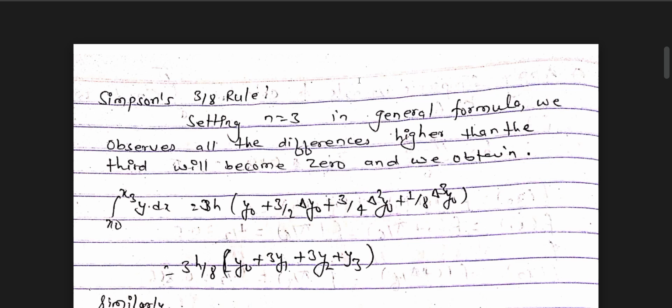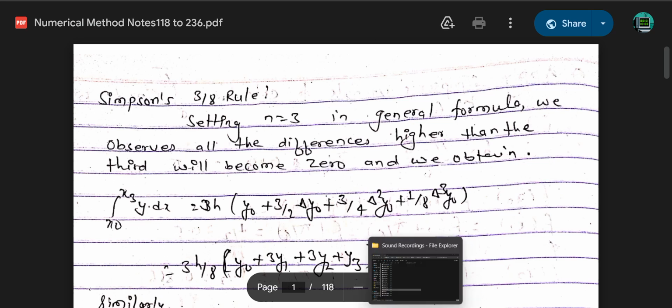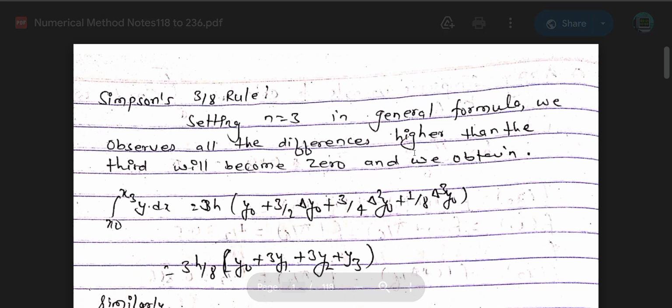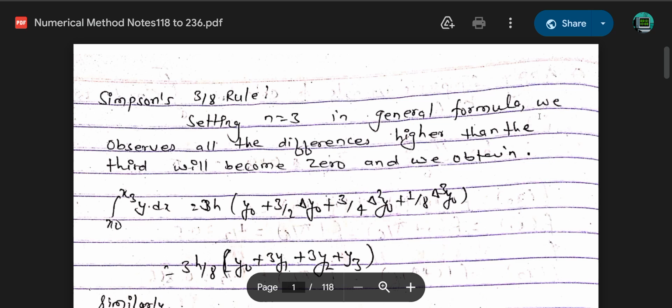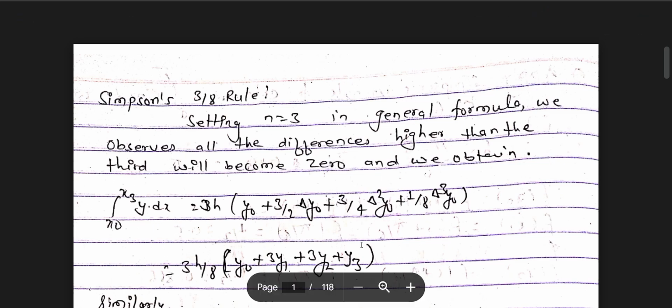Simpson 3/8 rule. Okay, observe all the differences higher than the third will become 0 and we obtain x0, x3 by dx, 3x y0, 3 by 2. Setting n equal to 3 in the general formula, we observe all the differences higher than the third will become 0 and we obtain